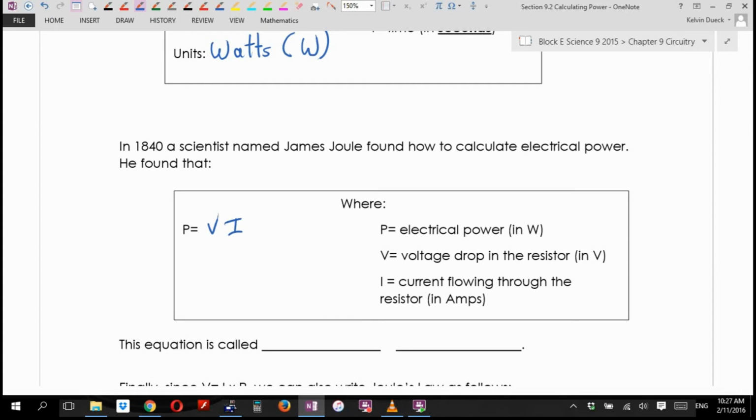Where P is the electrical power in watts, V is the voltage drop through the resistor in volts. What do I measure current in? How'd you figure that out? Oh, you read, right? Come on. Okay. Again, it's worth memorizing what units go with what. By the way, Ohm's law is V equals I times R. This equation is actually called